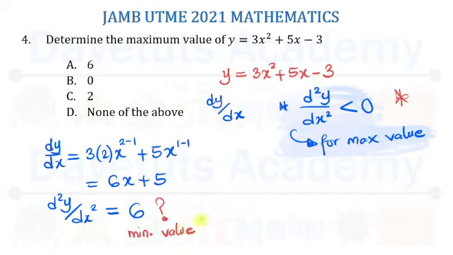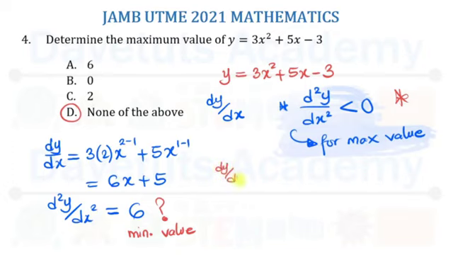So students, if you actually have a good grasp of the understanding of the core concepts of what you are working with, it will make your work easier, and you know that this particular answer will be none of the above. But if you just want to check, you can just go ahead to say, okay, at maximum value,